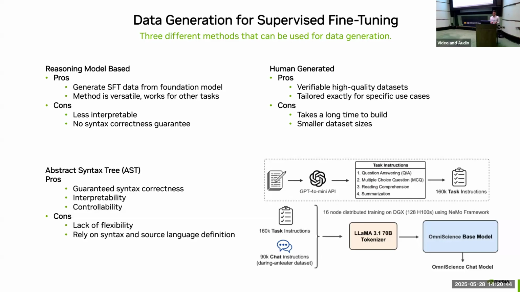And this gives you some guarantees on syntax correctness. And this is very interpretable and controllable, but it's not very flexible and it relies on the specific language in which you're using. And finally, we talked about with ChipNemo how they generated their supervised fine tuning data set by